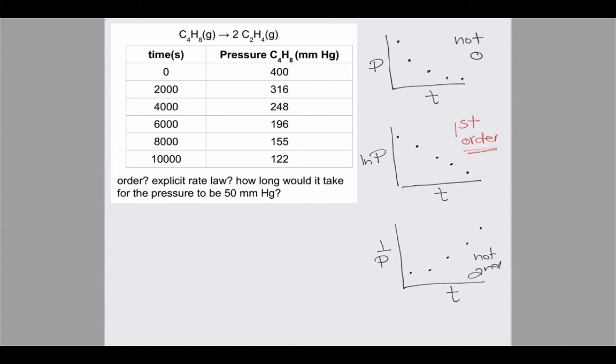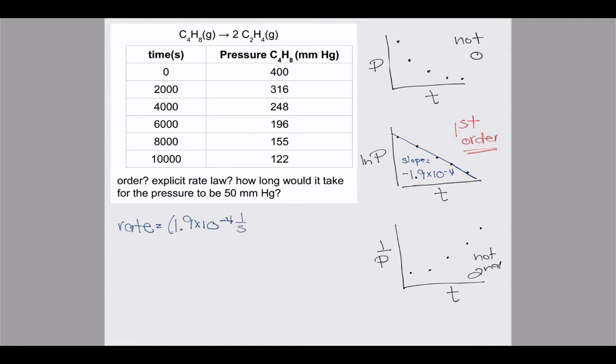When I did this graphing, I found the slope of this line. The slope of this line was found to be negative 1.9 times 10 to the negative 4th. So that's my slope, and we can use this information to figure out our rate constant. I've taken my data and identified that it's first order. Now we're going to write an explicit rate law for this reaction. My rate is going to be equal to my value for k, which is the opposite of the slope, so in this case 1.9 times 10 to the negative 4th,